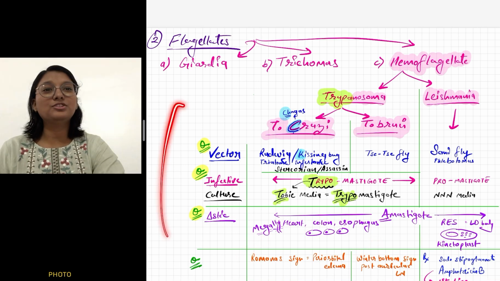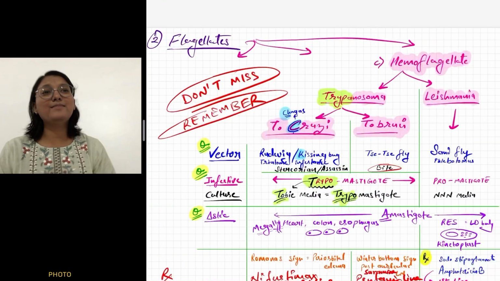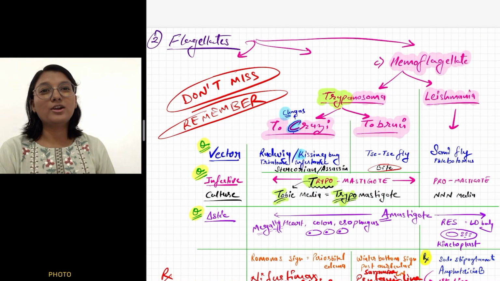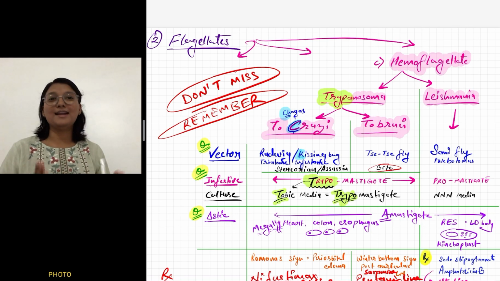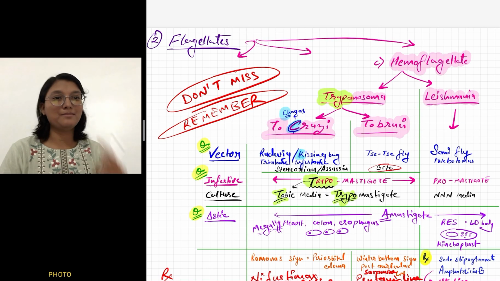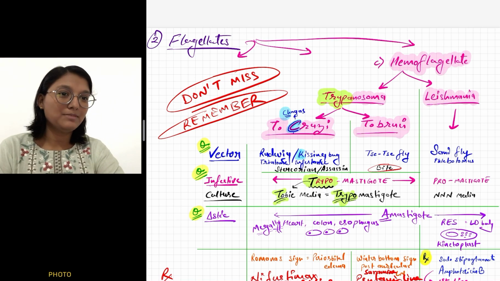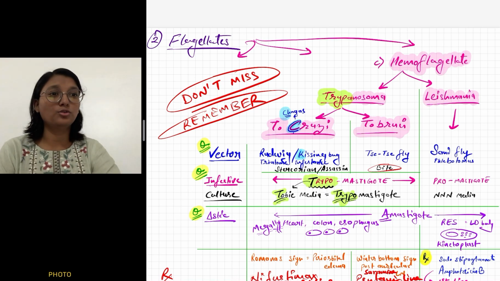So these are the points which you don't really have to miss because they have been asked in the previous year question, and the points which I need to remember is exactly same as written here. I didn't find any extra point which I need to remember except some treatment specific points like